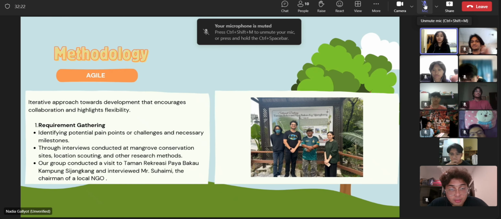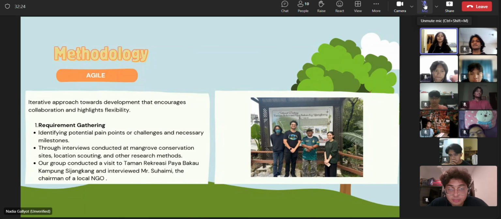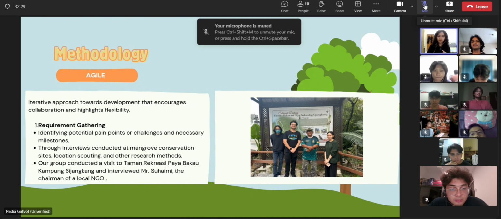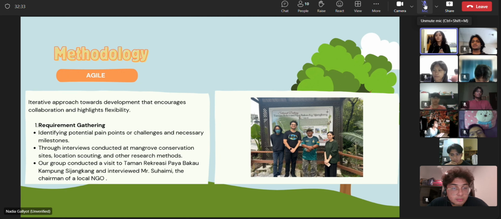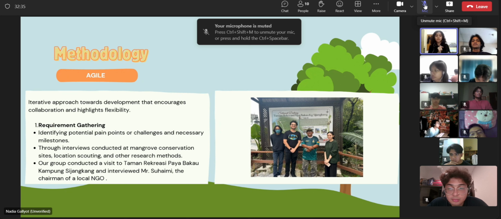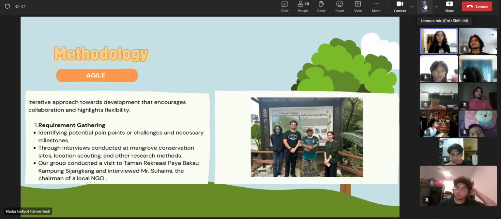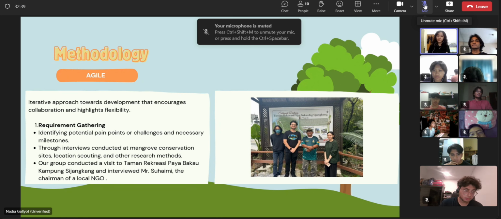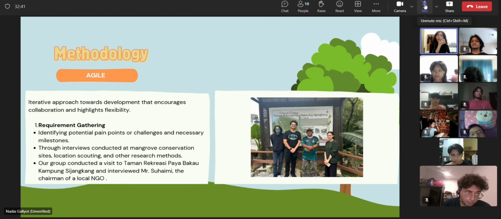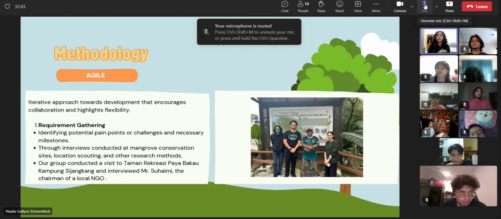So first of all, let's talk about the methodology. During our assignment, we use the agile methodology, which is an iterative approach towards development that encourages collaboration and highlights flexibility. There are a few steps. The first step is requirement gathering. We identify potential pain points or challenges so that we can see what the